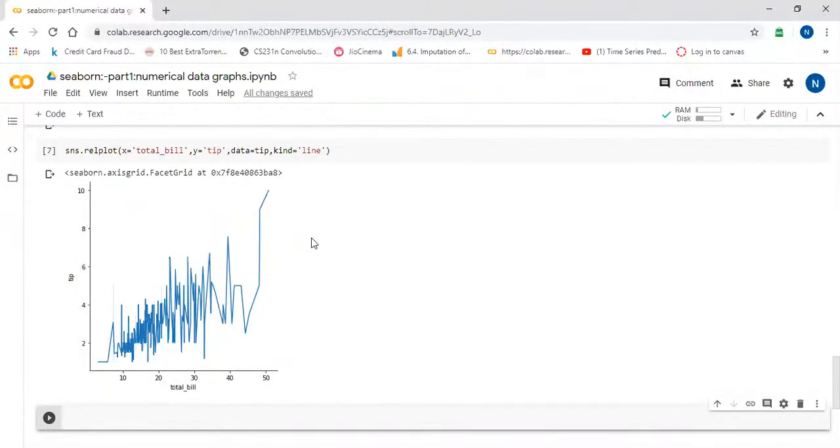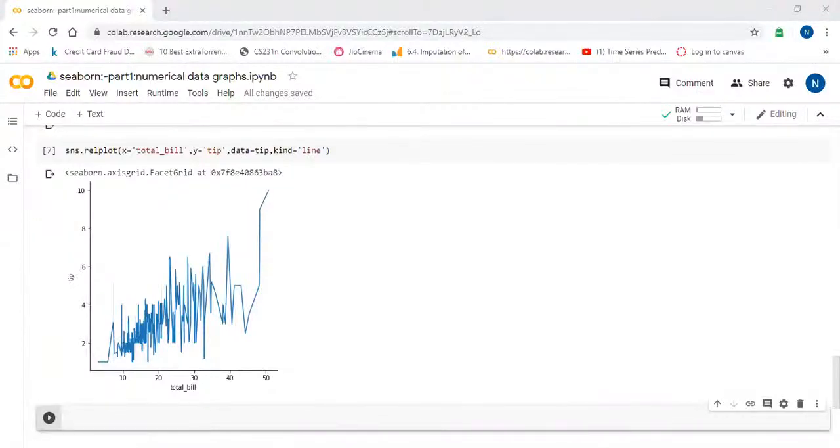Now I will get another dataset to show you how the line plot helps us visualize and analyze in a better way.